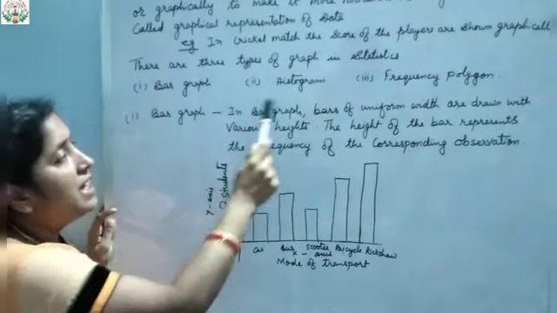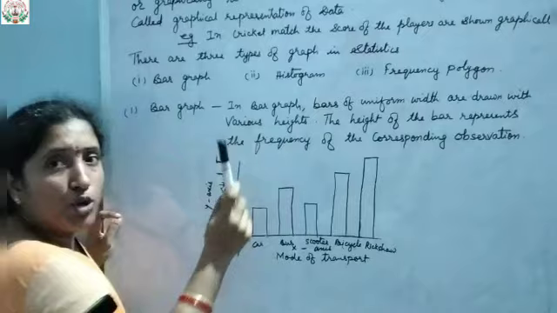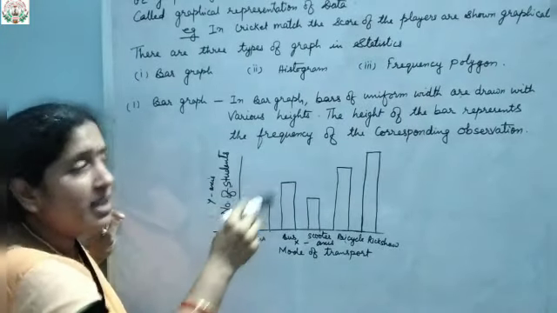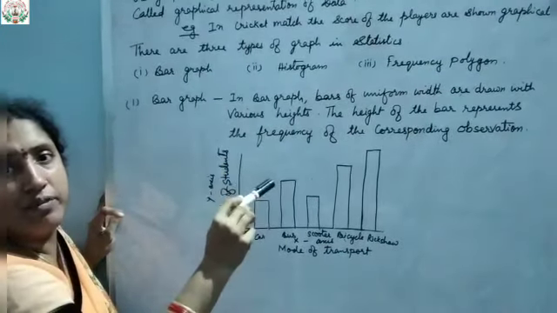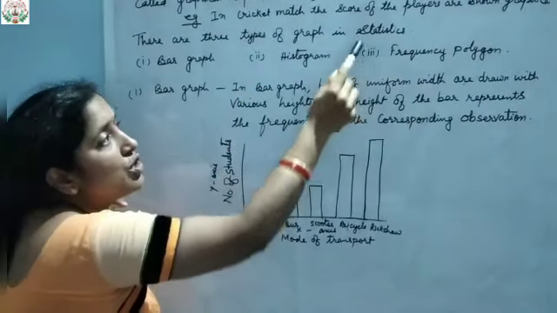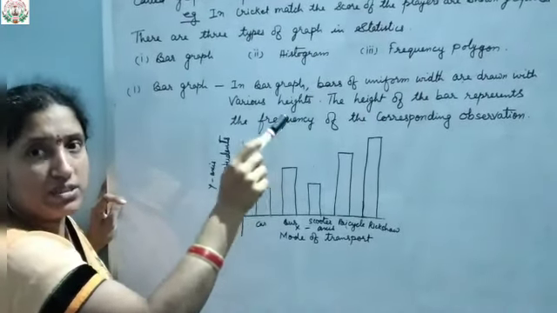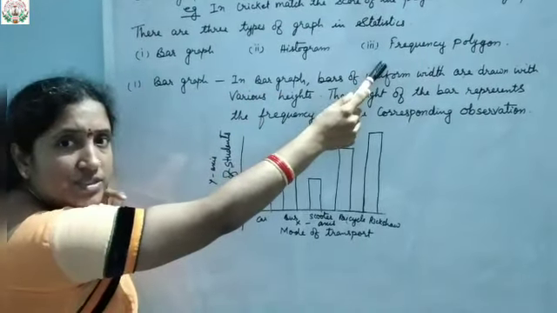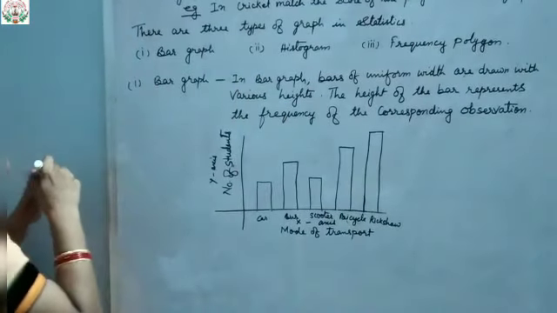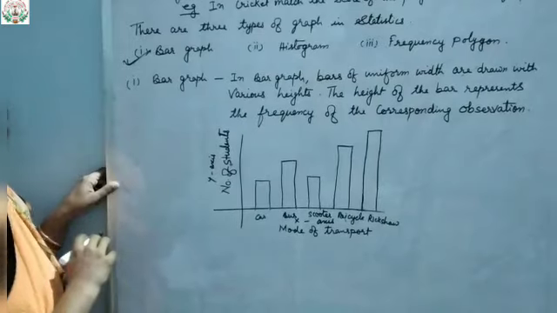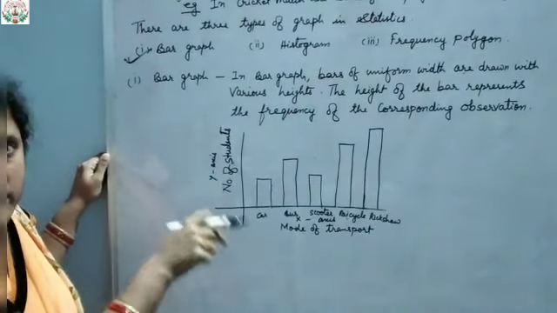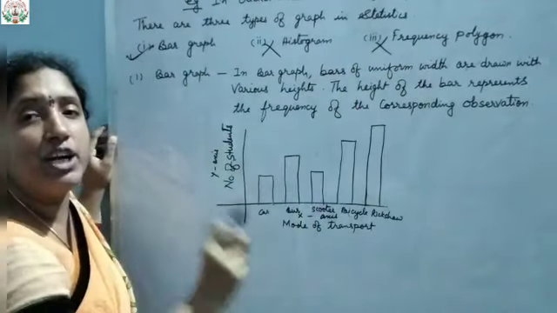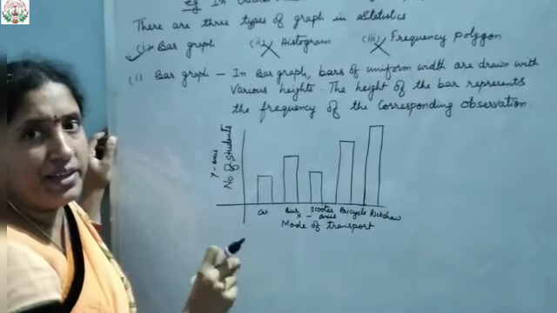Before going for this, let me tell you about histogram and frequency polygon, because for class 9, for this session only, these two topics are omitted. You are not supposed to read these two topics. It is eliminated. Once again I am telling, there are three types of graphs in statistics, but we will only be reading the bar graph in class 9 this academic year. These two are omitted from your syllabus due to COVID-19.